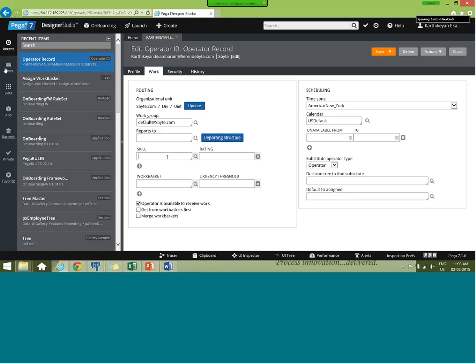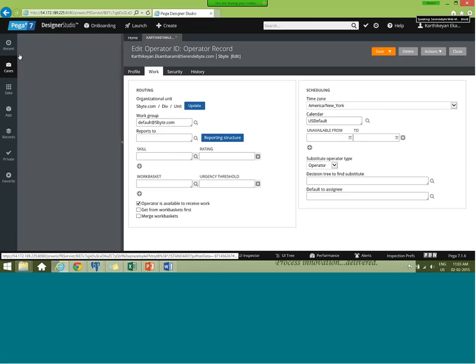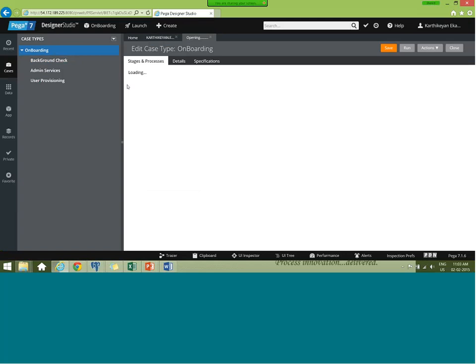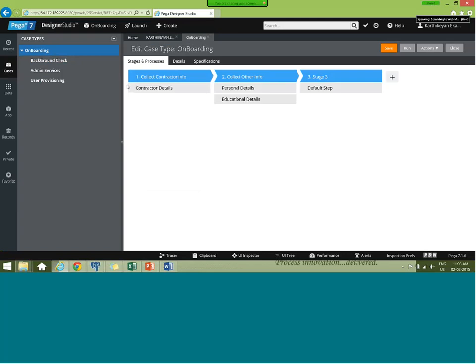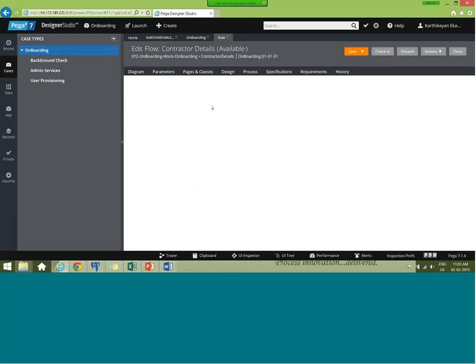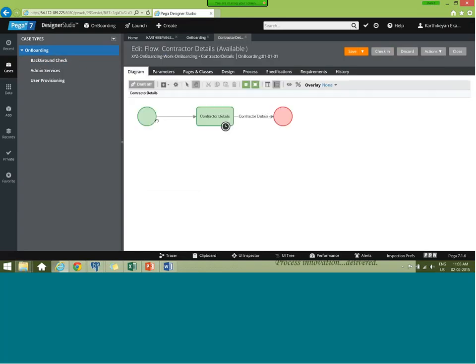Let me open one case type. See, till now we have not configured anything on whether it has to go to a work basket or work list, correct? In our system, the one which is working right now. So this is my flow. When my case got created, it comes to my contact list assignment.